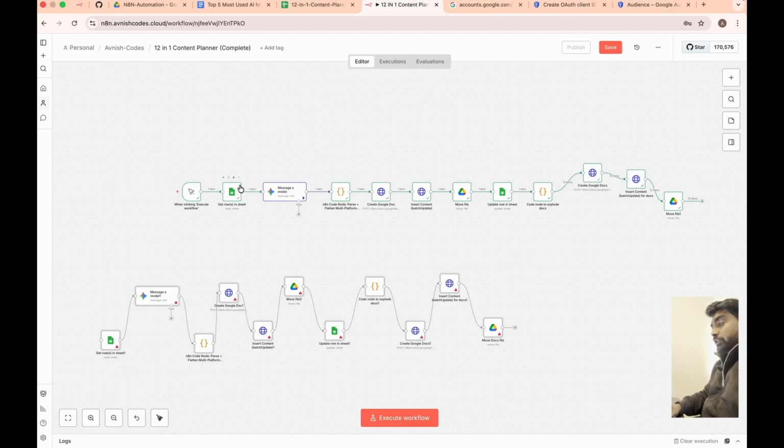And a few more important things: remember that while doing this we saw a few errors which are very important. The first error is your authorization. Make sure your Google Cloud project is set up as I showed, otherwise you will get errors. Another error is that sometimes the Gemini API key is not working. Recreate a Gemini API key or choose a new API key, or you can just switch to a different LLM model.